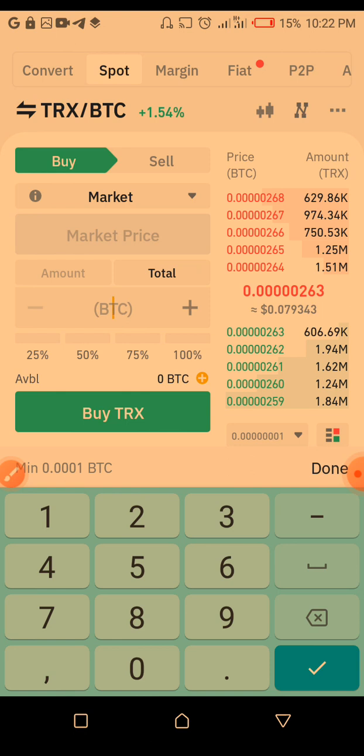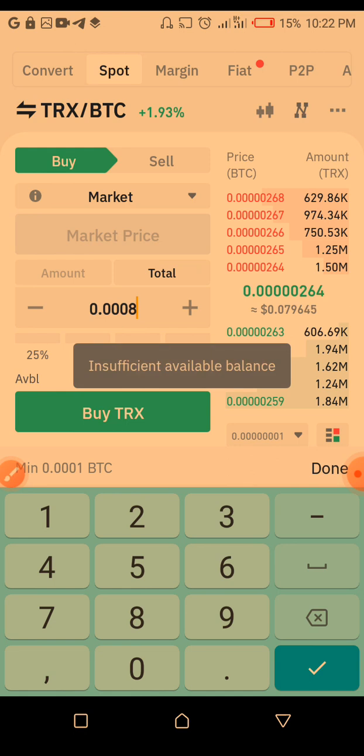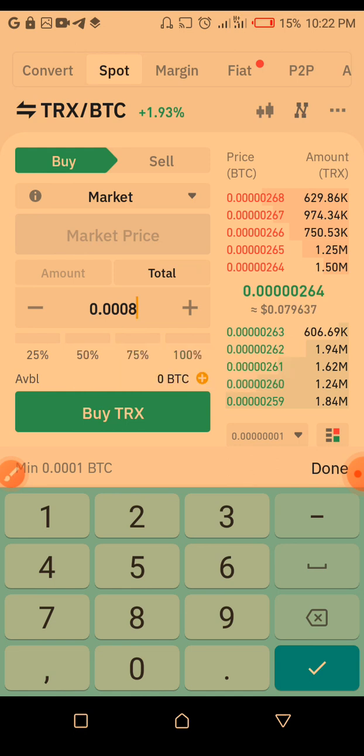You can only say, I want to buy TRS worth of 0.0008 BTC. Do you understand? So once you click on buy TRS, it is going to execute to buy TRS instantly on the